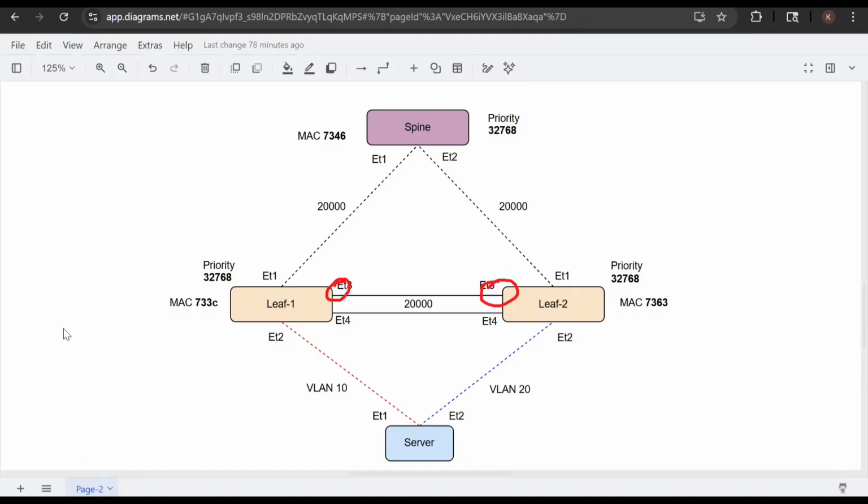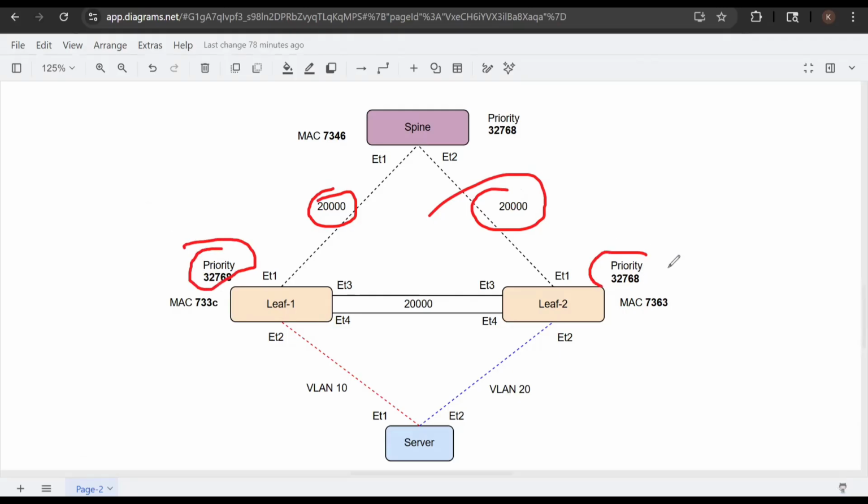Right now these guys are the designated. Both leaves have the same root path cost, 20,000, so it's a tie. The next is the priority, which is also the same. So the next is the MAC address. Since leaf 1 has a lower MAC address than leaf 2, what happens is the ED3 on leaf 1 tells the other side: